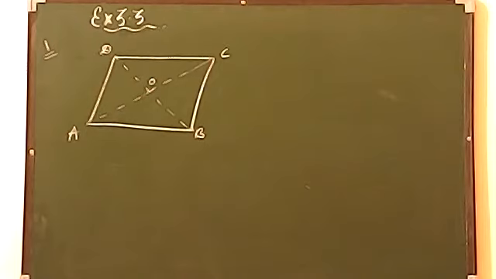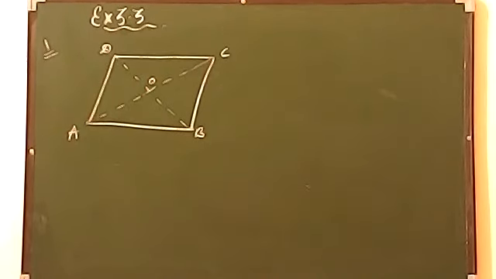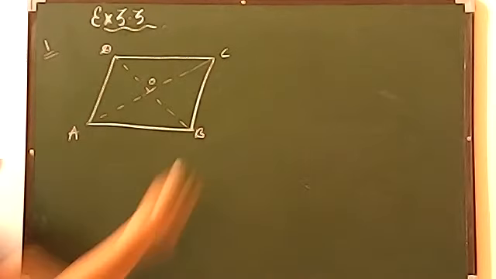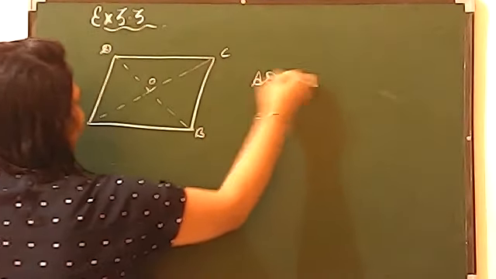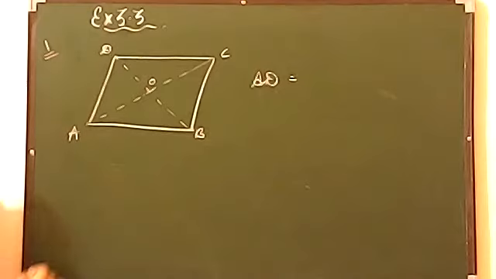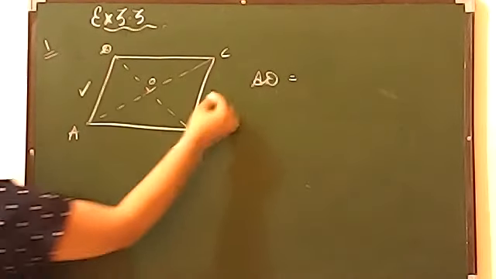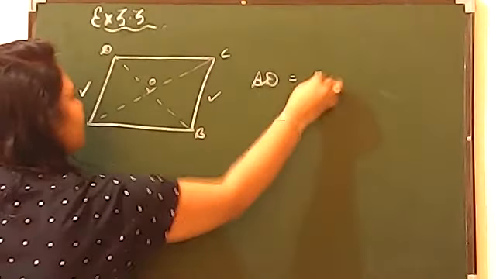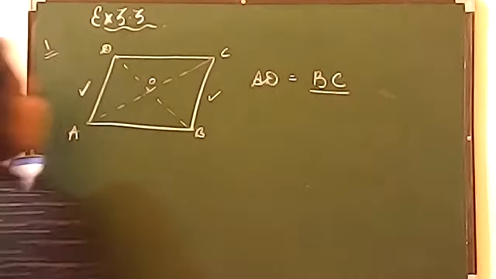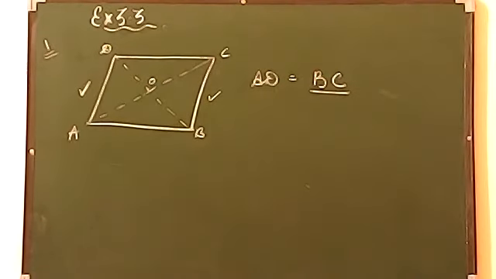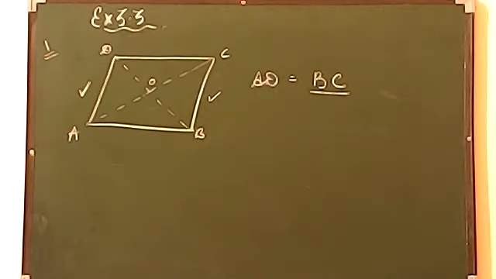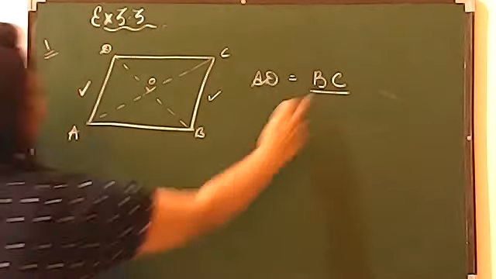Okay. Now here it is telling, given a parallelogram ABCD, complete each statement along with the definition or property used. Property use means जो हम लोग अभी just discuss किए हैं सारी property. ठीक है. Now first it is telling AD is equal to. Now please guess this. What do you think? AD will be equal to? Correct. Okay. Absolutely right. Opposite sides are always equal. So that's just because of that AD will be equal to BC.